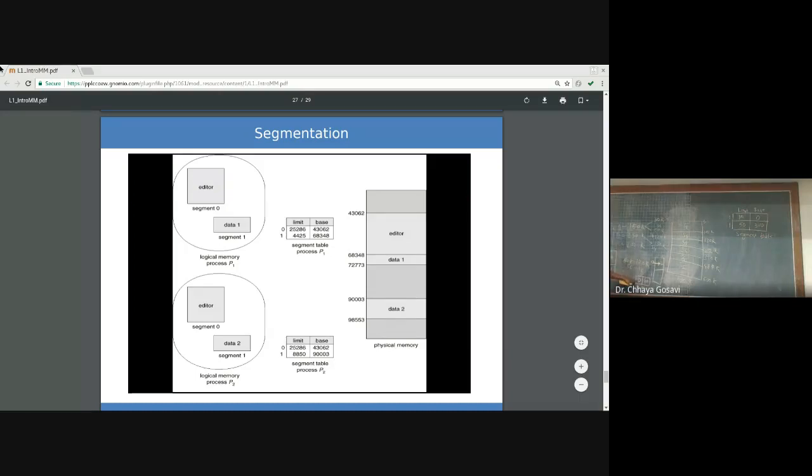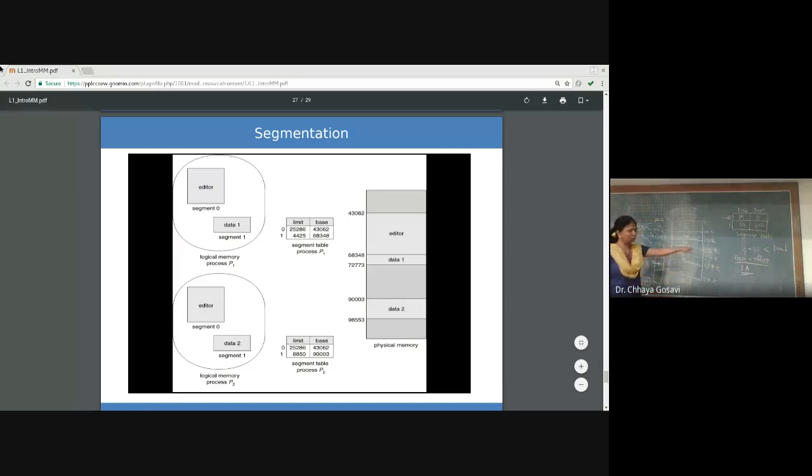Now, how to convert this logical address to a physical address? We have to refer to this table for the 0th segment. That 0 will point to the 0th index of the segment table. We will read the base, so it will start from that base. So it should add this base plus offset. Offset is 40 and it should be less than limit. So this 0 is not the segment number, it is the base address. So this is base address plus offset. It is my physical address.